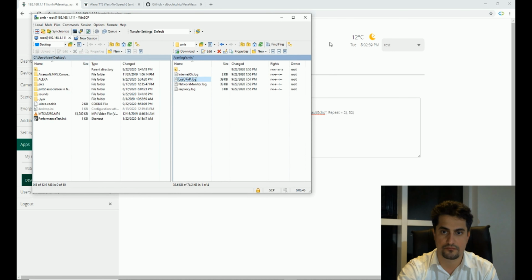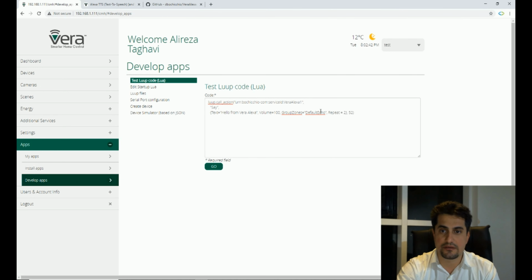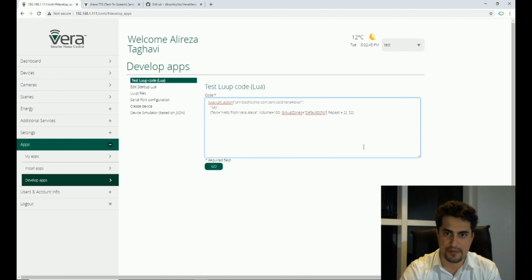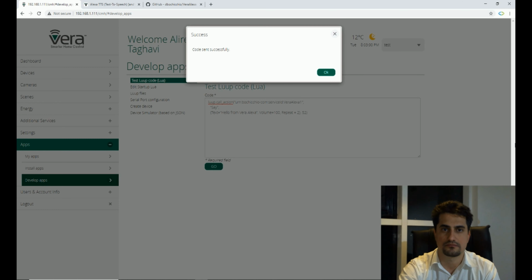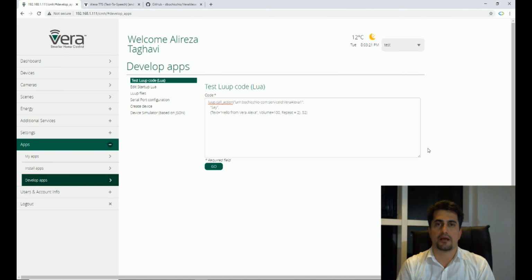Sometimes something is wrong with the code. For example, I remove this part of the code and click Go. The code is sent. It's working. Hello from Vera Alexa. Now, the plugin is working fine, and you can have scenes and receive notifications from your Alexa